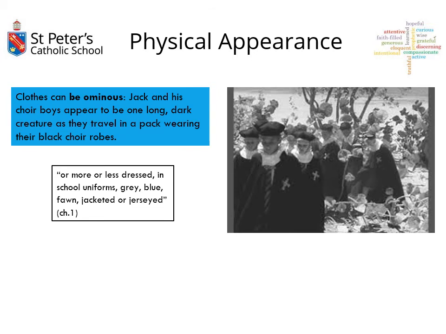We saw Jack and his choir, even though many had discarded their clothes, arriving onto the platform as one long dark creature travelling in a pack, wearing their black choir robes. You can see in the image from a film version of the text how out of place these boys looked as they arrived. But we see through Jack's treatment of the boys shortly after that they were clearly being forced to wear